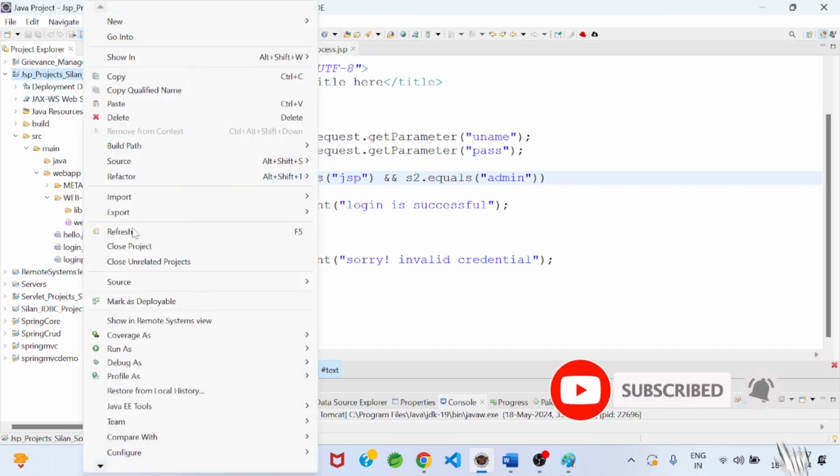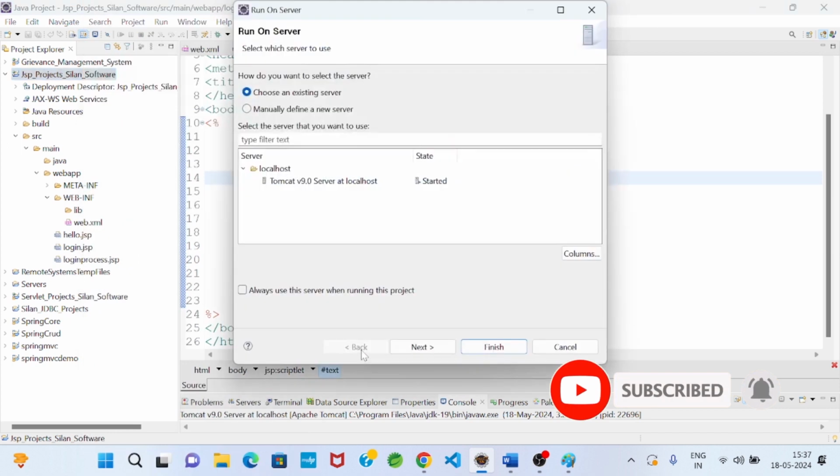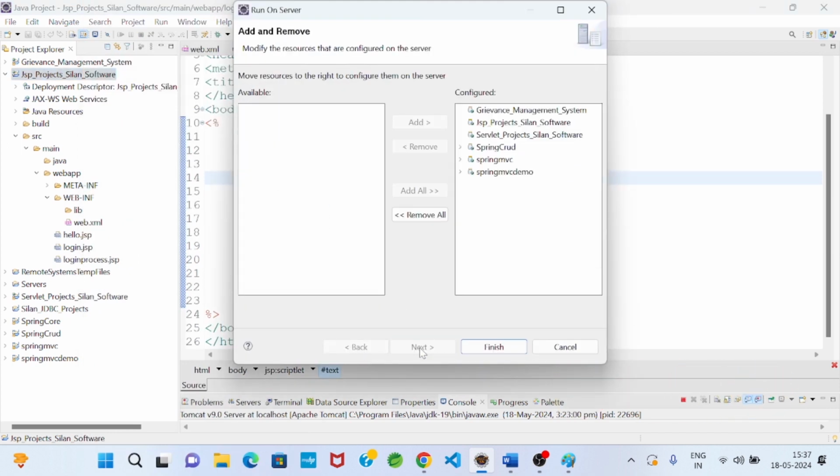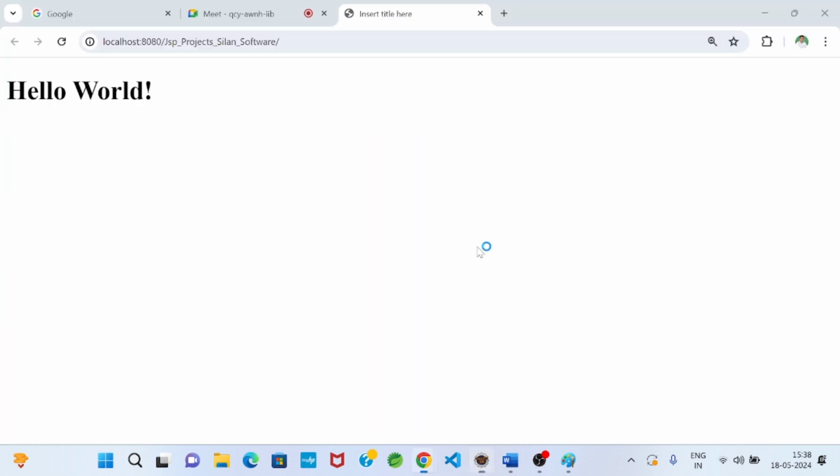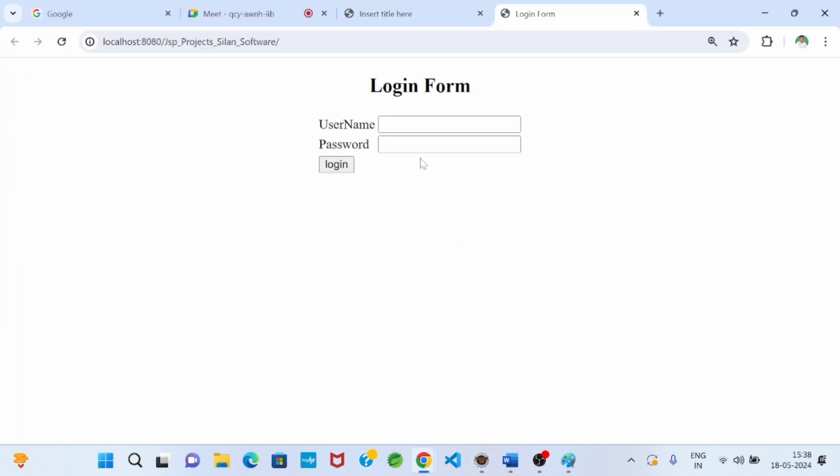Right click on the project, run on server, select server name, then select project name, click on finish. So first of all, I will get a login form. Okay. So username is jsp and password is admin. Then I will click on login.